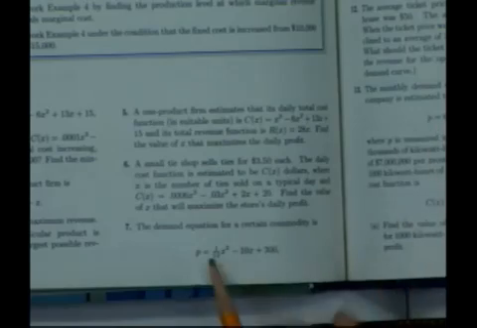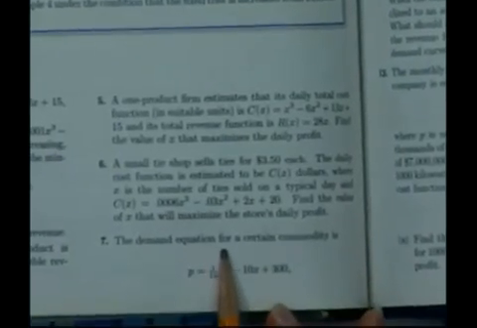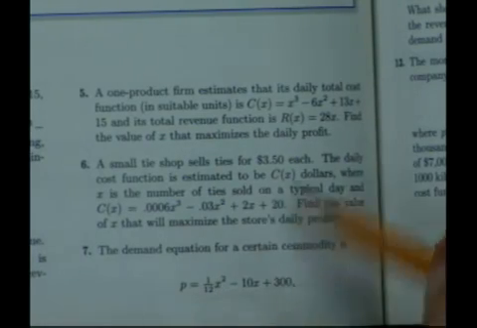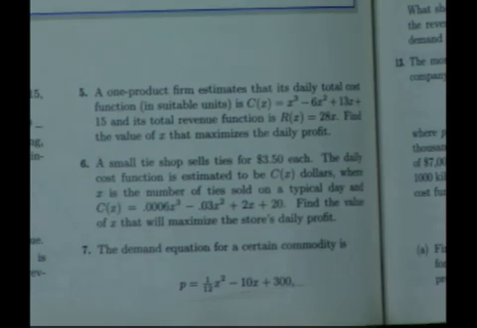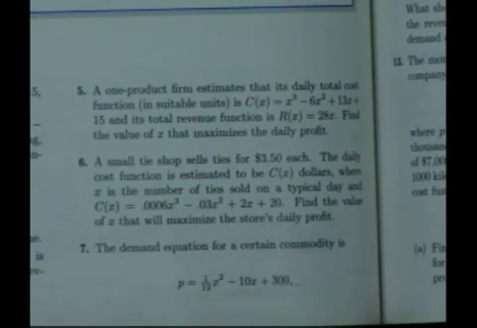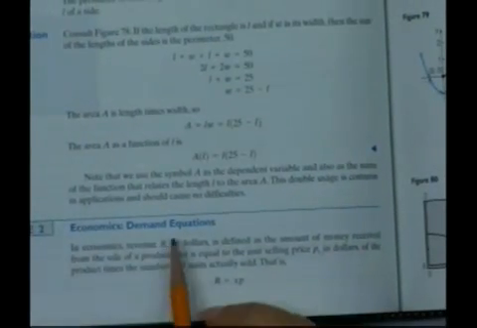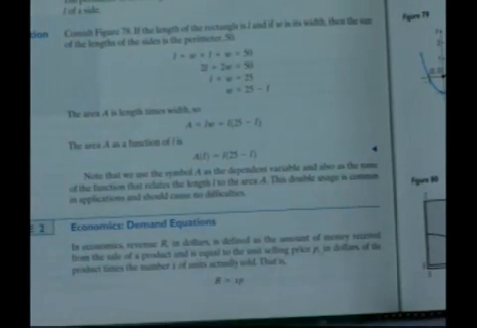This is in Math 131 and it's also in your 121, but this just happens to be out of your calculus book. The demand equation for a certain commodity is given. And then you have to do some work with it, but you're going to see it again. I'm just trying to let you know this is extremely important for success in calculus. So we're going to work also with the demand equations,